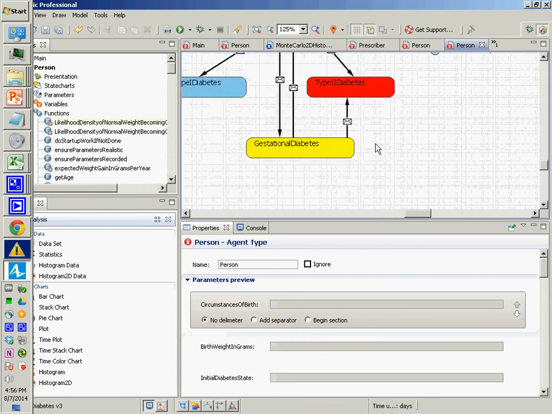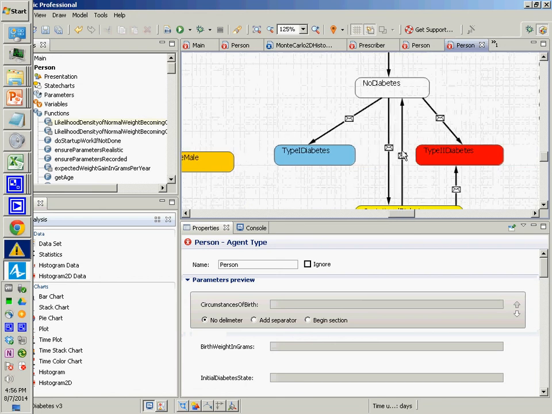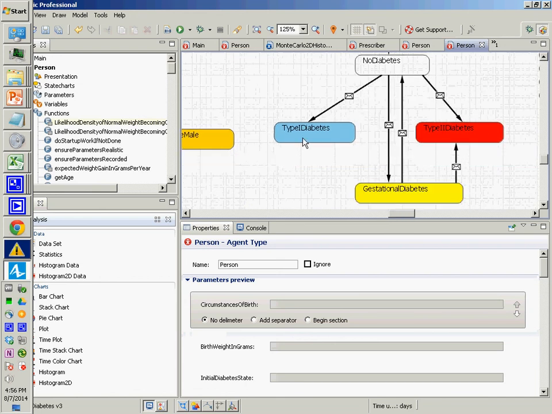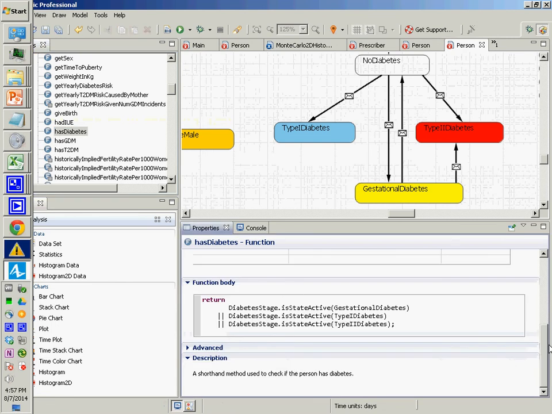Involves several tests. For example, do they have type 1 diabetes, type 2 diabetes, or gestational diabetes? So if you want to say, do they have diabetes, it is something which involves any of these conditions. Maybe in the future, we're going to split some of these so that gestational diabetes is divided into early stage and late stage gestational, or serious and